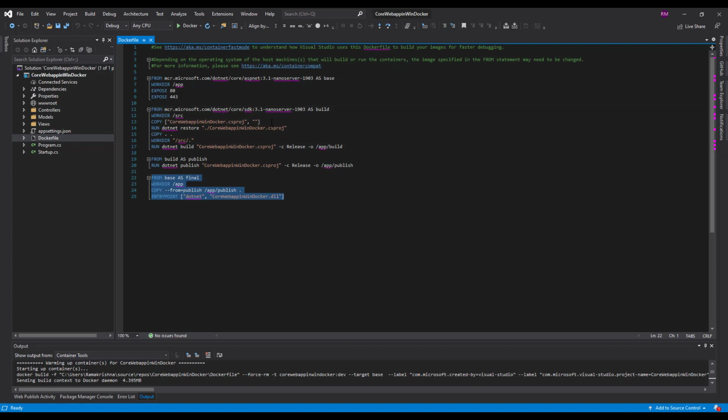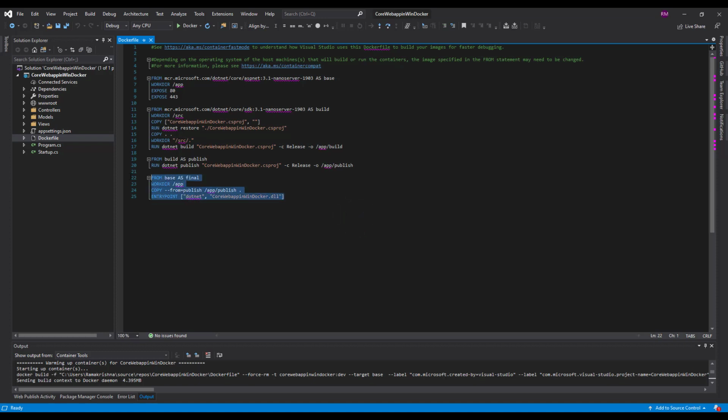We see our application is copied. We are copying our .NET project files to the container directory. Then we are restoring the NuGet packages we have in our project. Then we are copying it to the source directory. Then we are building the application.